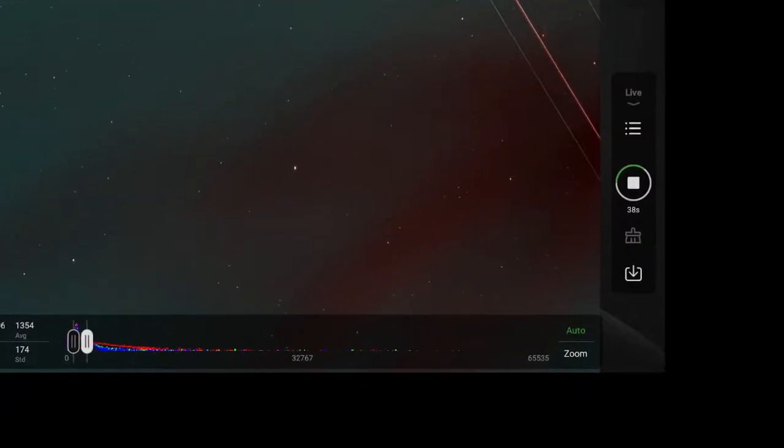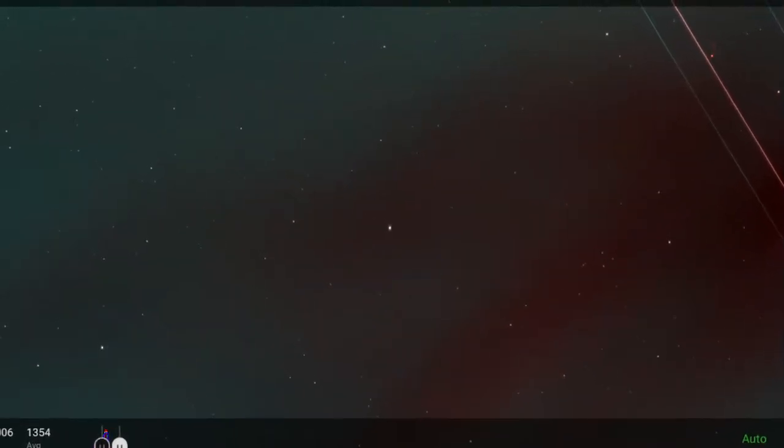There we go. You can see these nice... That top right looks like power lines, but it's an airplane. As you can tell because of the light colors. It's got two white wingtip lights, and then there's a red blinking light.